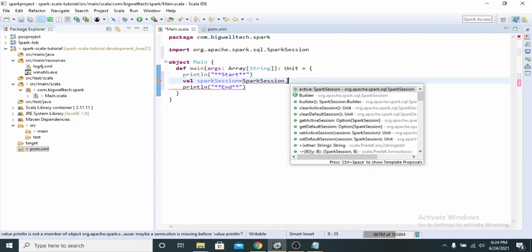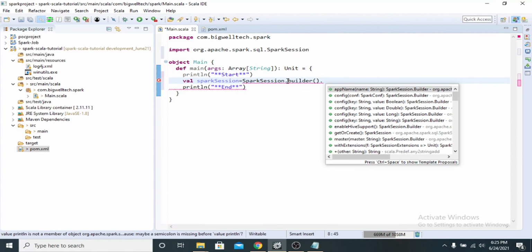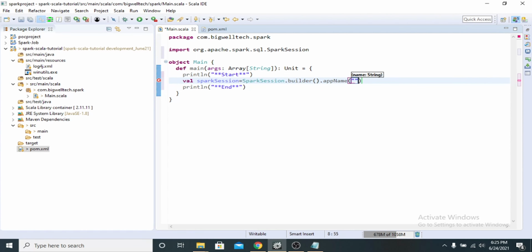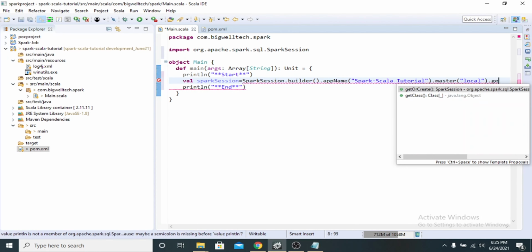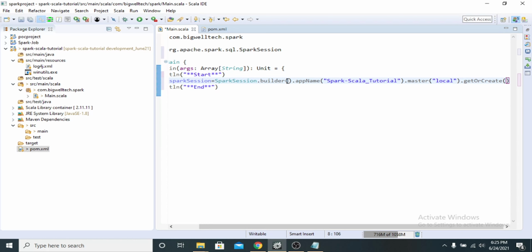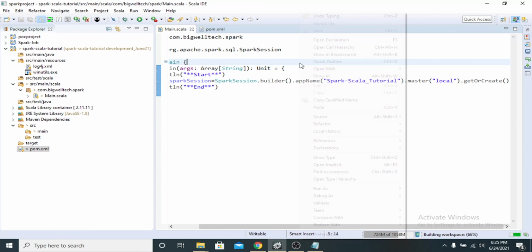Then .builder().appName(), we will give the app name as Spark Scala tutorial, and give master as local, because we are running our Spark job on local. Then getOrCreate. Save it and run it.